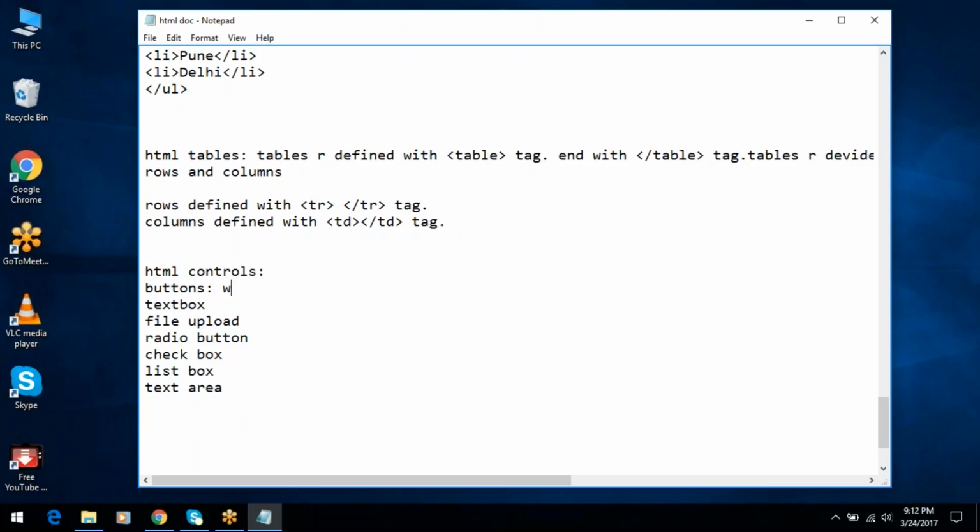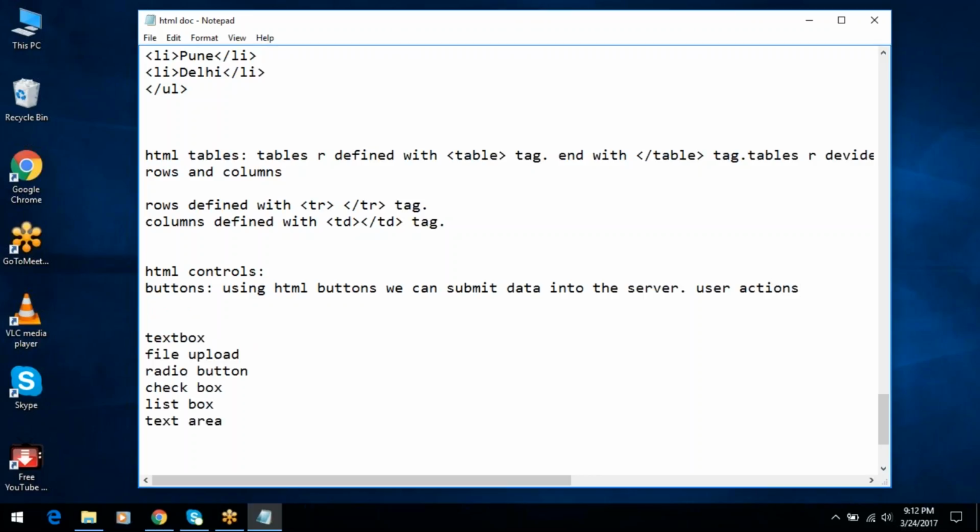Okay, so using HTML buttons, we can submit data into the server. This is used for user actions. So the button syntax is,